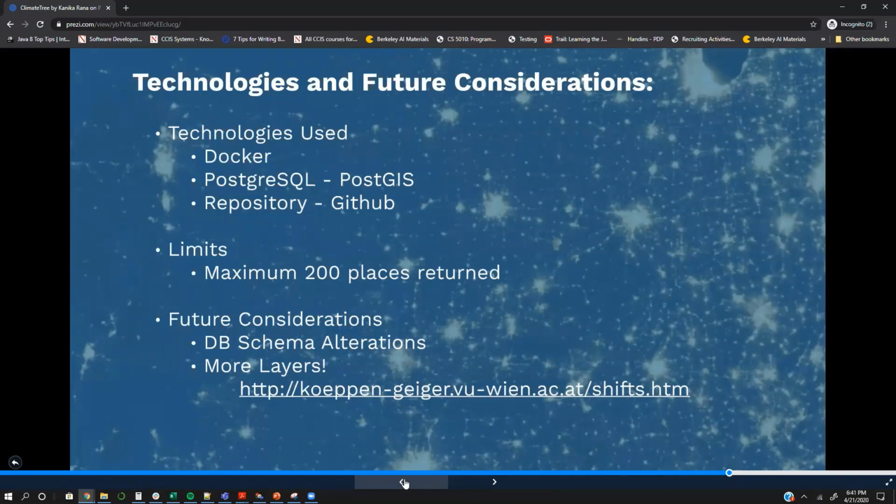Future considerations: the schema for the database for our places may change to improve performance. GeoServer helped us a lot with response time, but the database schema may have to change in the future to improve how fast that query runs the more users we get. And then more layers, that's why we moved to GeoServer.